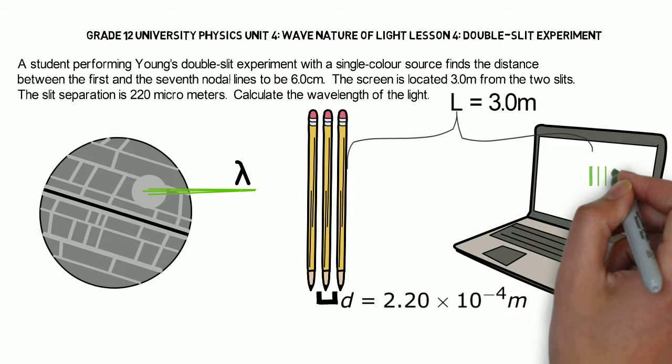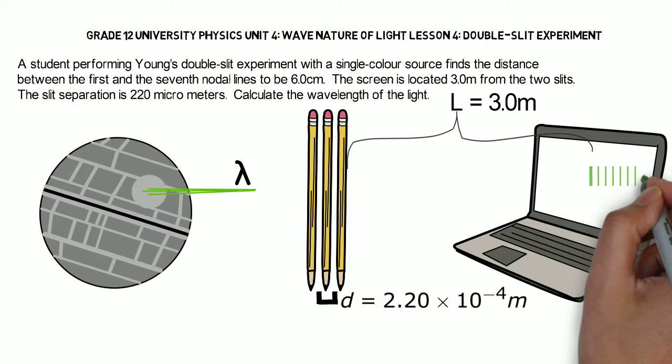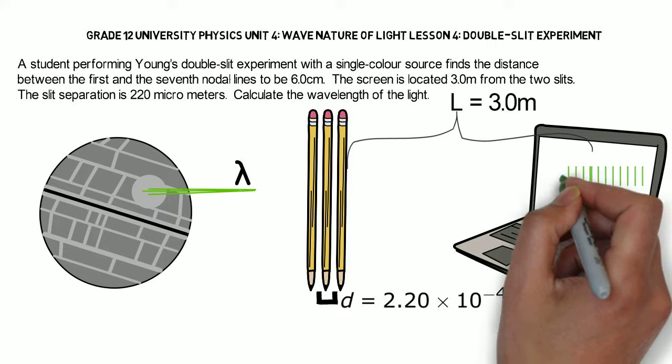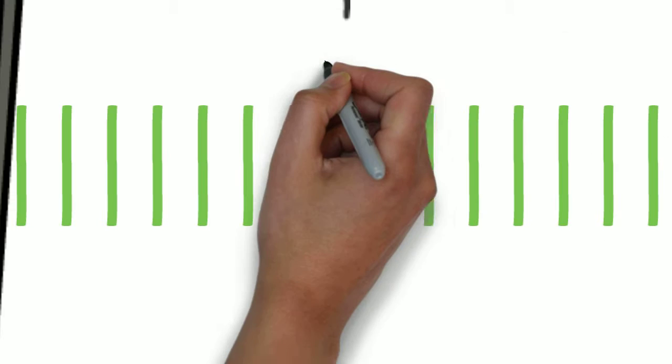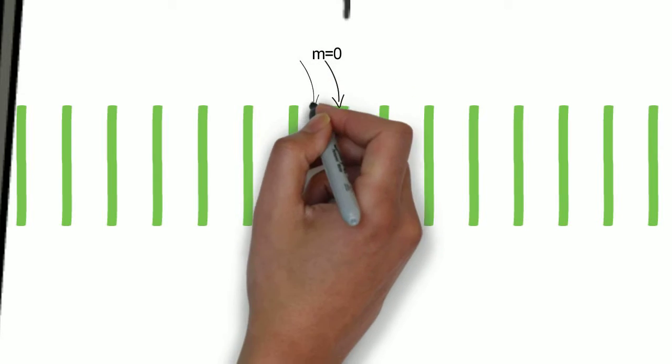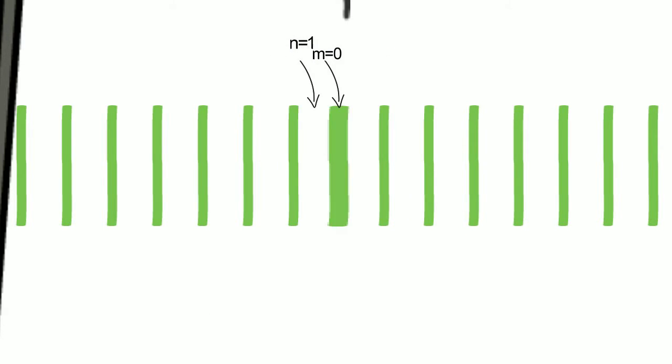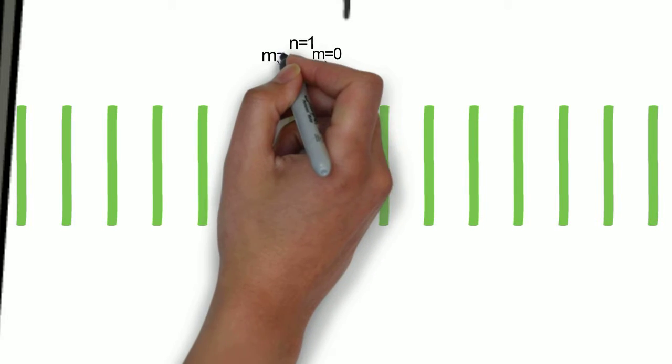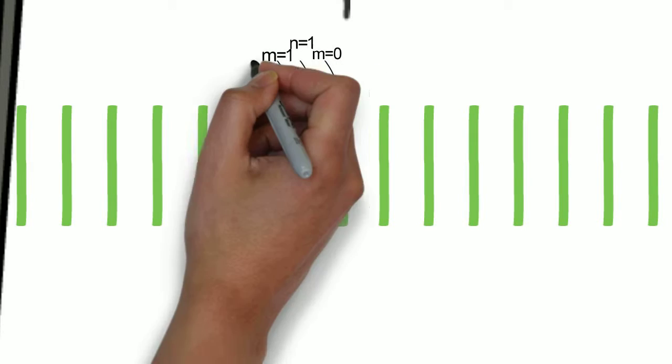Now the central maxima of the interference pattern is m equals 0. And then the first nodal line, or the first minima, is n equals 1. And then we have m equals 1 and n equals 2, and so on. Now the question says